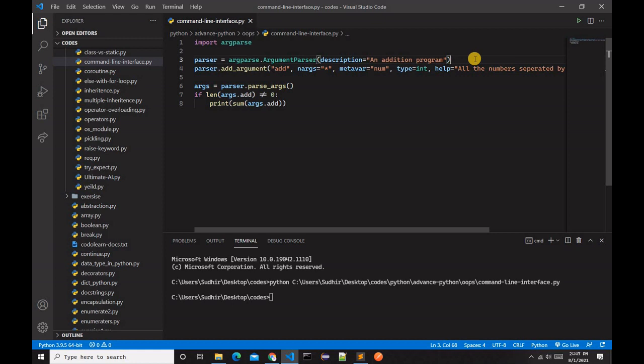And guys, when we have specified all the arguments, it is time to parse those arguments from the standard command line input stream. For this we use the parse_args function. Now we check if the input has invoked a specific argument. Here we check the length of args.add to see if any data was received from the input. Note that the values of an argument are obtained as a list.